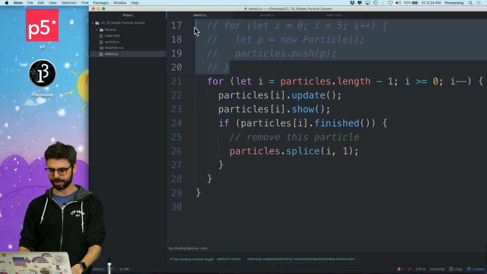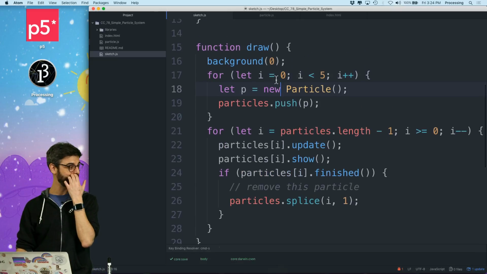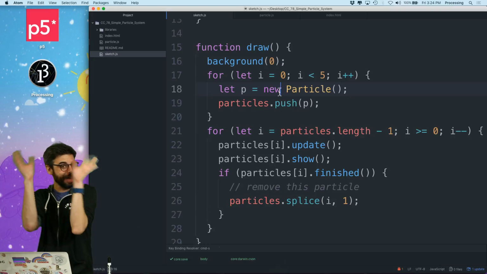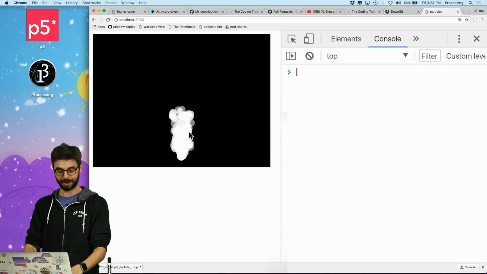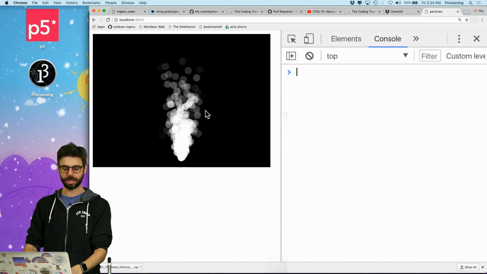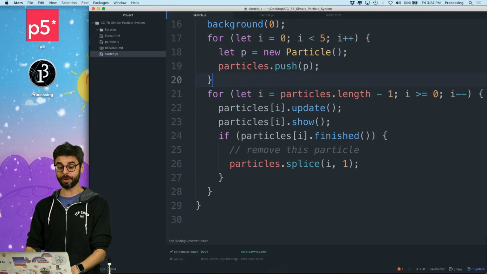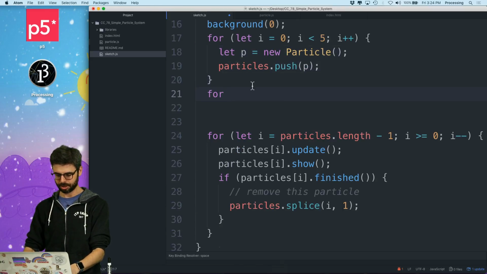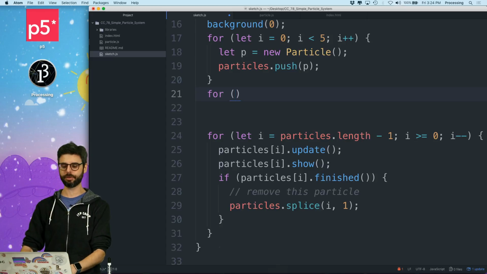Let me add this back in, where it adds 5 new elements to the array. And maybe there's a way I can do that with one of these higher order functions. There we go. Now we can see here's the particle system. One thing I could do to improve this is let's just use the for of loop. So for every particle